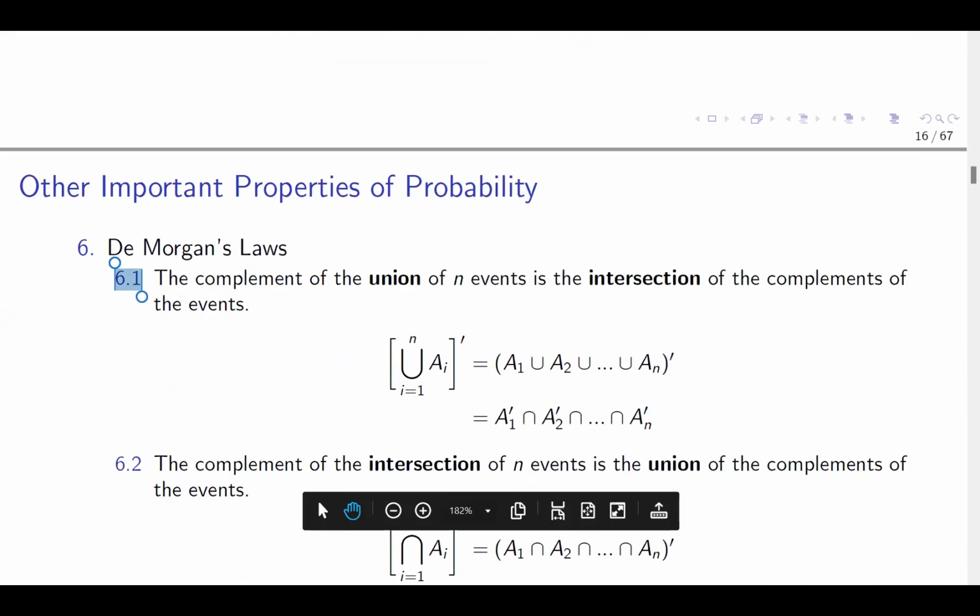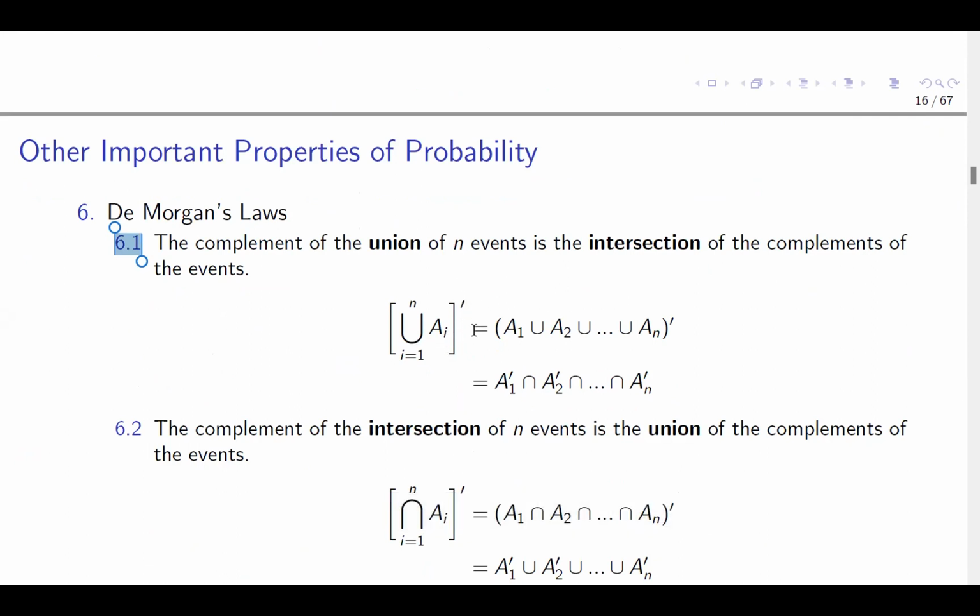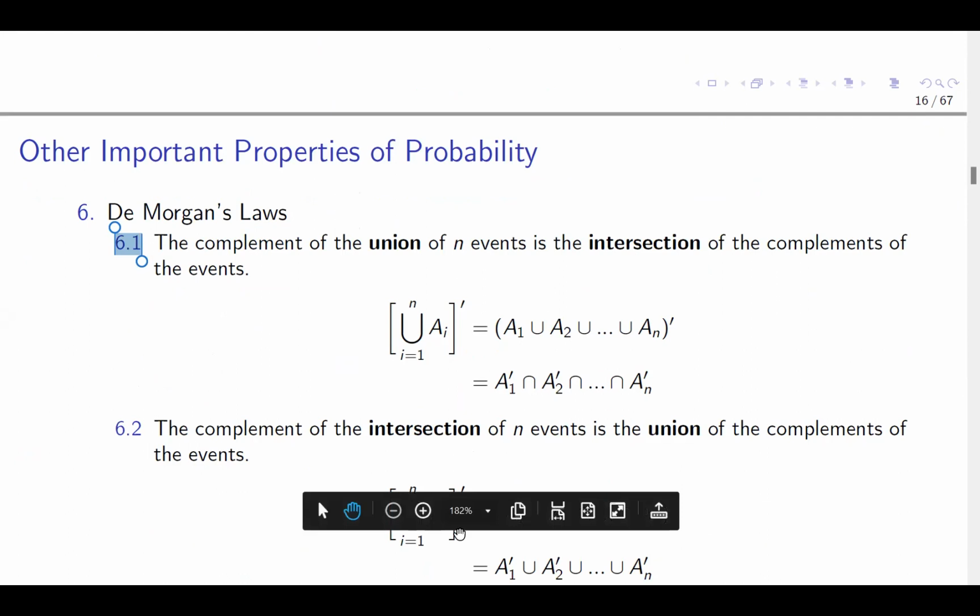Another property is De Morgan's law. Now, this law states that the complement of the union of events is equal to the intersection of each of its complements. And the reverse is true. The complement of the intersection of some events is equal to